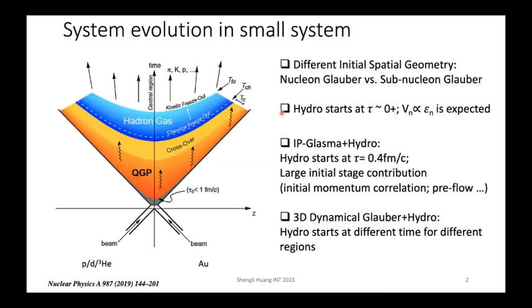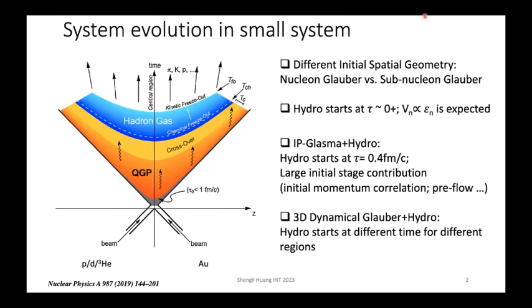Let's talk about the system evolution in a small system. Unlike the large system, the evolution in a small system is quite complicated. First, we know the initial spatial geometry is not easy to calculate. We have different models, like the standard nuclear Glauber model and the subnucleon Glauber model, which will give us different answers. Also, if the hydro starts at tau 0 plus, we expect the flow will be proportional